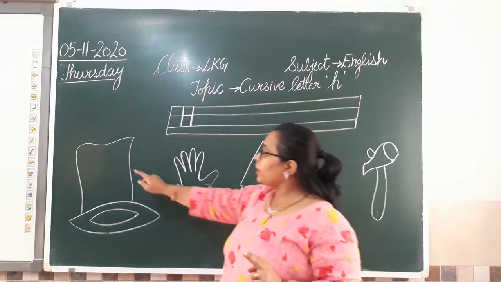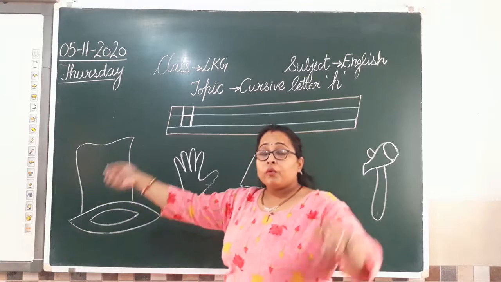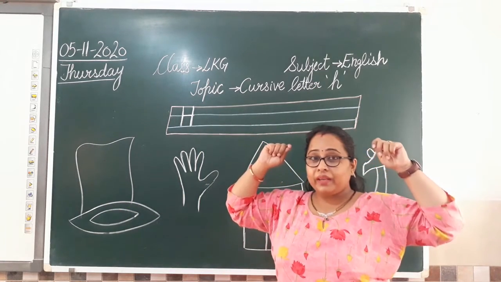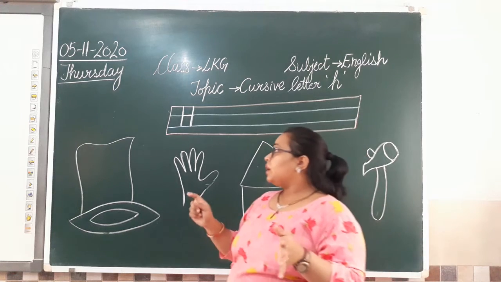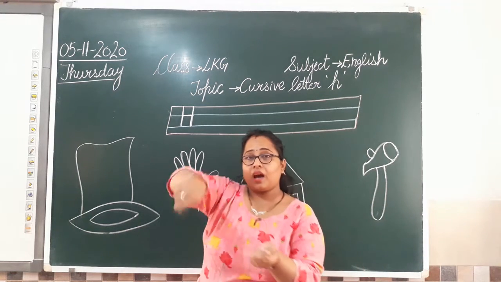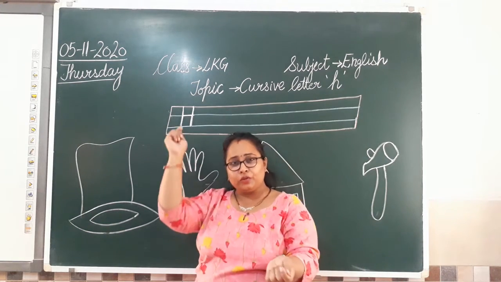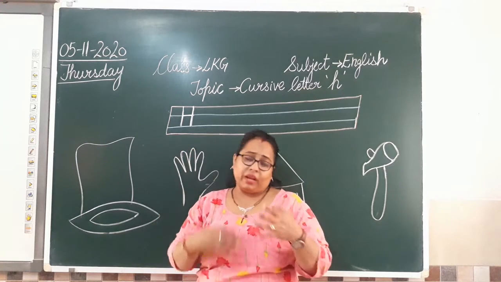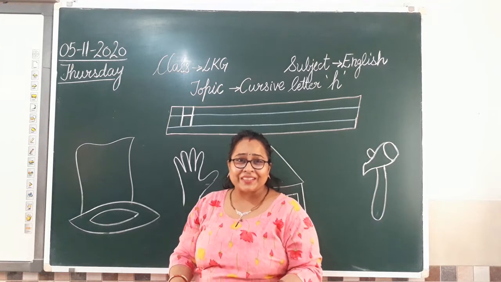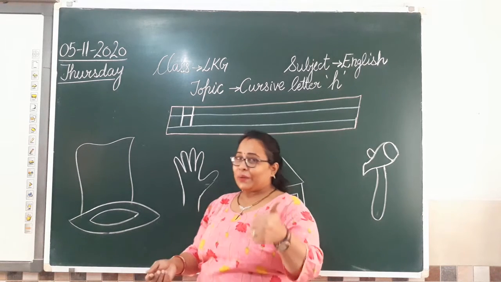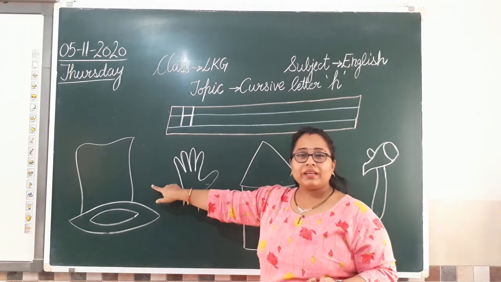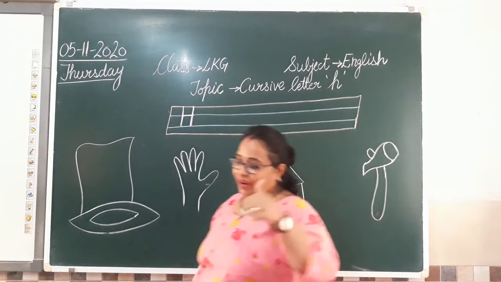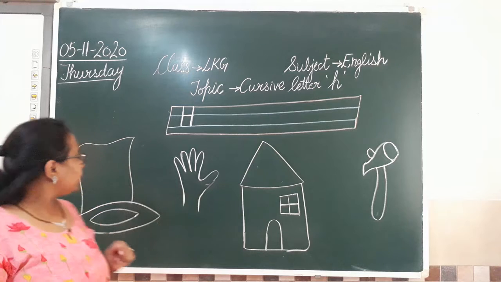Now, can anyone tell me what is this? We wear on our head. ऐसे head पे पहनते हैं, or you can say magicians, they use it. Abracadabra, gilly gilly chew. And there comes out a dove, rabbit. I don't know what all things come out of it. You have seen that? Great. So now tell me, what is it? It's a hat. Great.